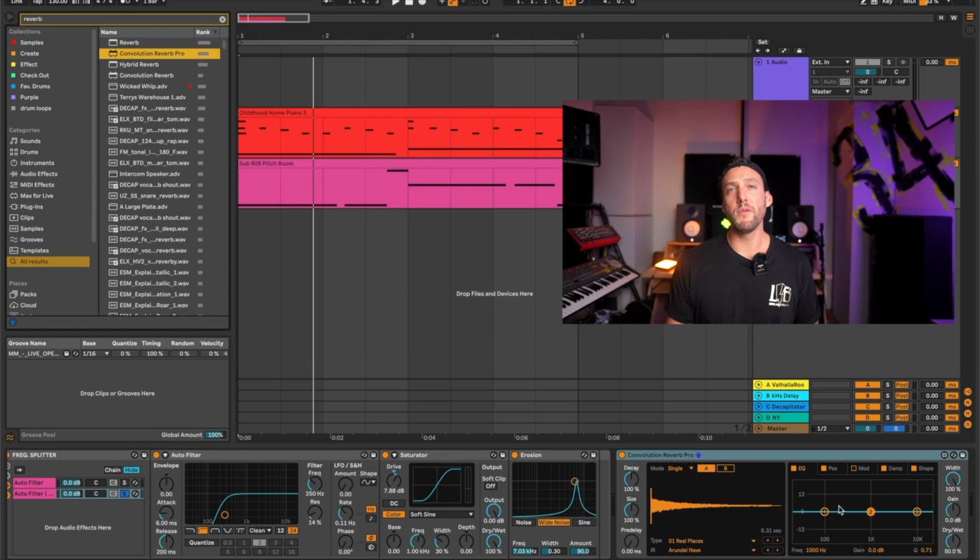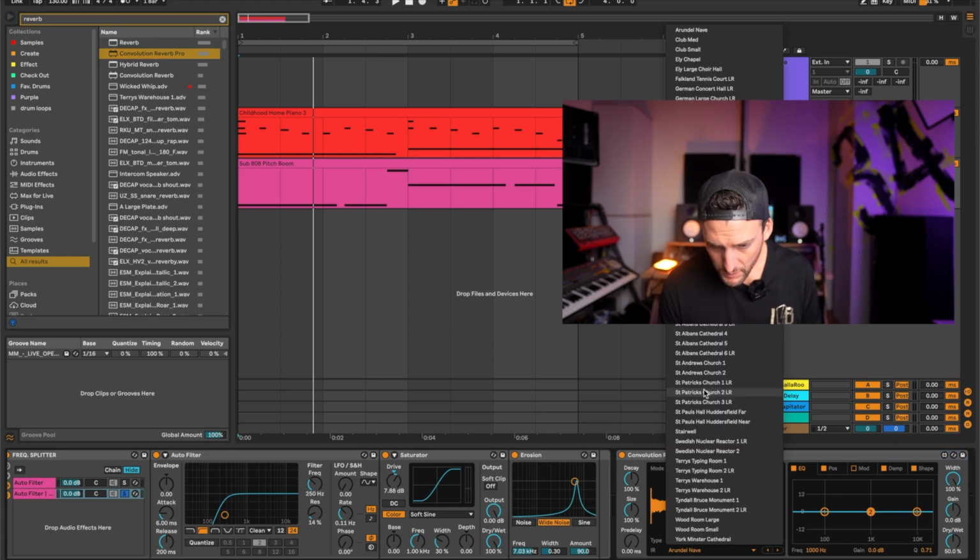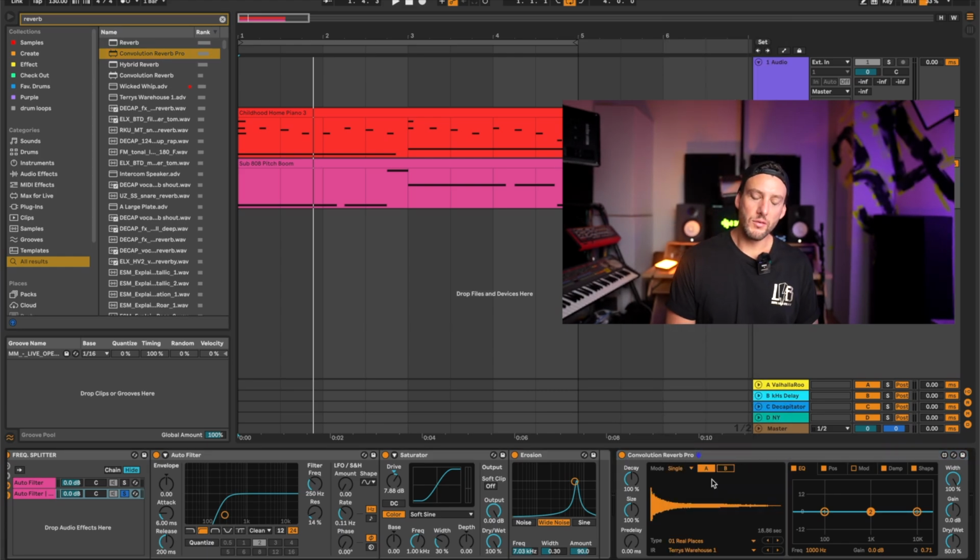So if we're using a reverb that puts us in a space that might resonate with us in relation to how this track's supposed to feel, that's going to add to the overall feel of the track. So say if we go down here to places, a warehouse. A warehouse might be a place that we associate with a trappy feeling. So we're going to go ahead and do that, but what we're going to do is we're going to use